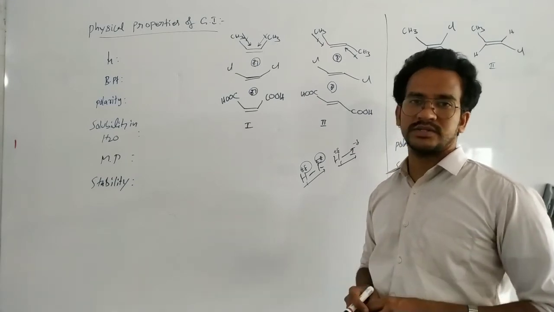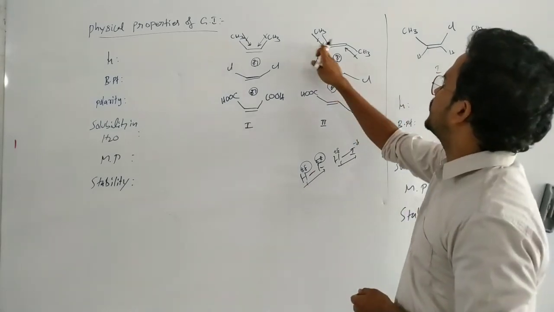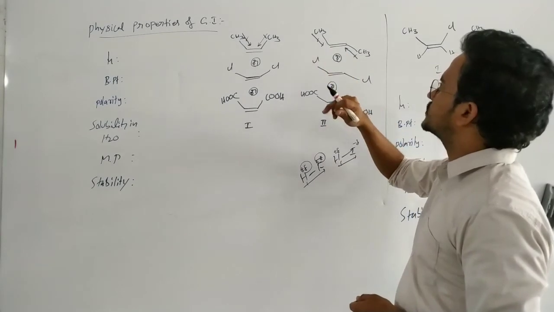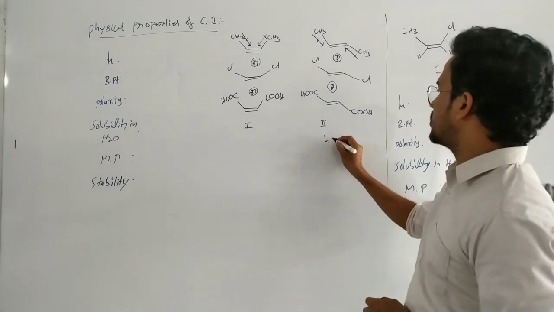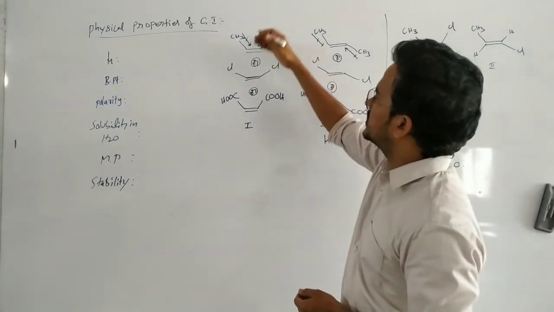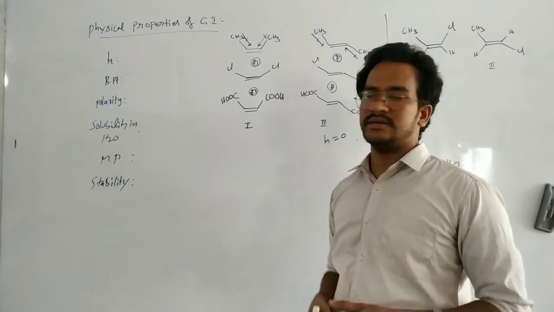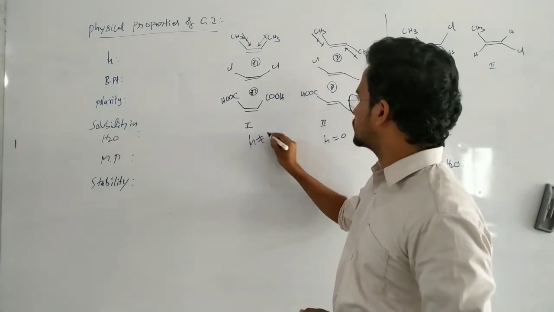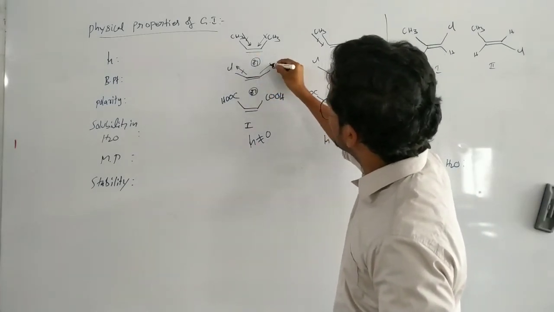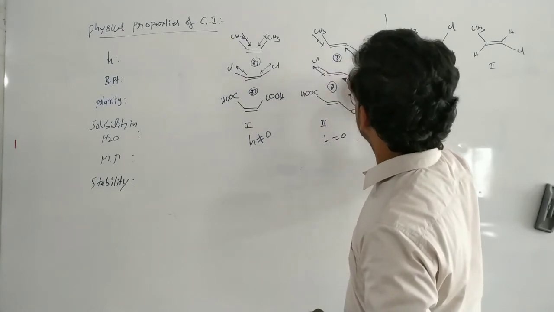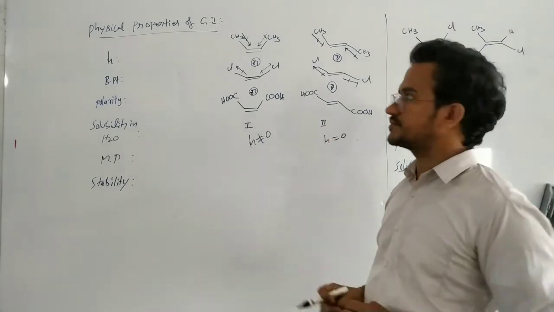So for polyatomic molecules, we can take the sum of all individual dipole moments. Here in this case, if we add these two dipole moments in opposite directions, they cancel each other. So its dipole moment value is 0. But in this case, the direction is one way. Both are in the same direction, so the magnitudes are added. So here the dipole moment is not equal to 0. For this, chlorine is more electronegative, pulling towards itself, here towards itself, in opposite directions, so they cancel each other. And similarly, fumaric acid and maleic acid also.